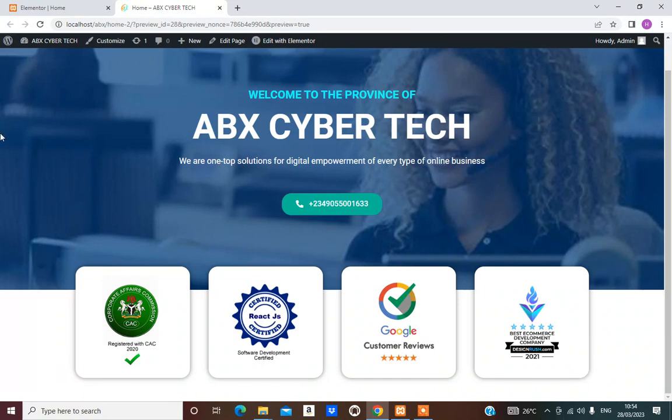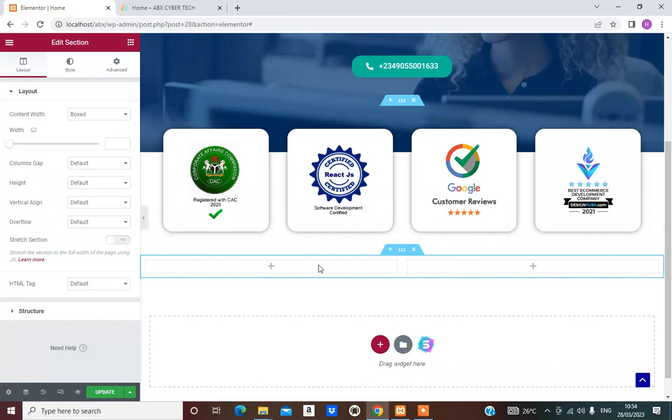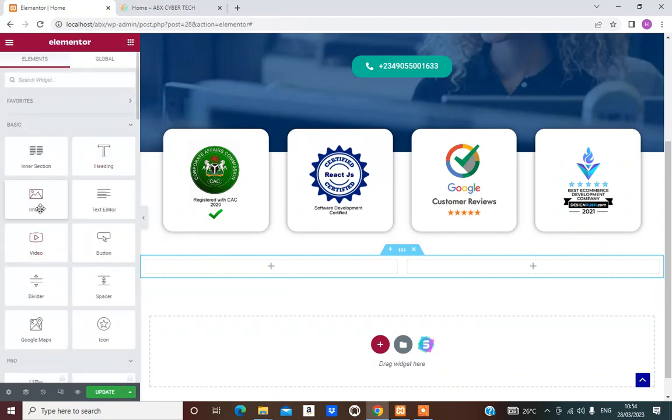Full width will run from the edge of the screen to the other edge of the screen. But when you say box section, it stays within the screen. Okay. So now the first thing I'm going to do here is to add a picture. I just take the picture element,